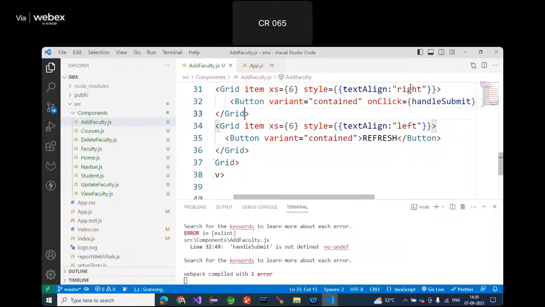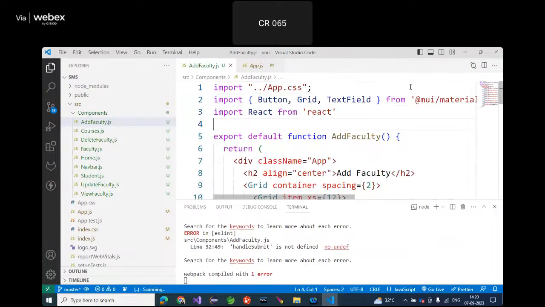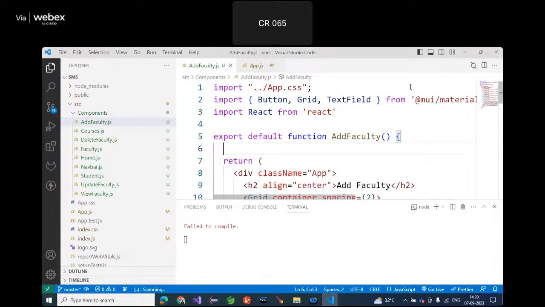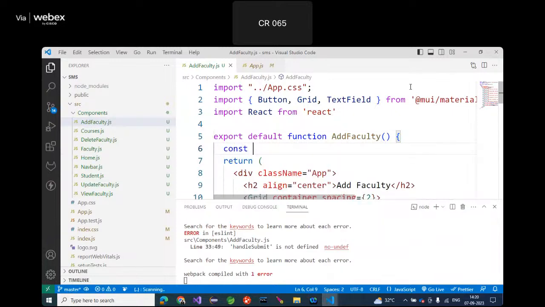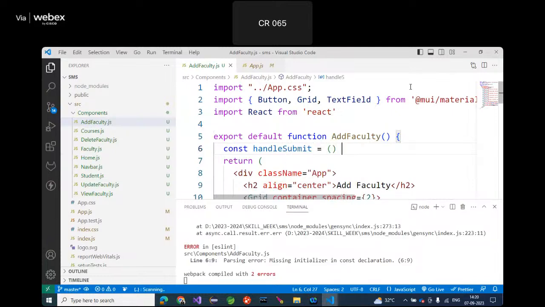This is handle. I will write for refresh later. No problem. Here this is handle submit, right? So come here. That is an arrow function name, but there I have written one arrow function, so you must define it, right? Handle submit equal to,